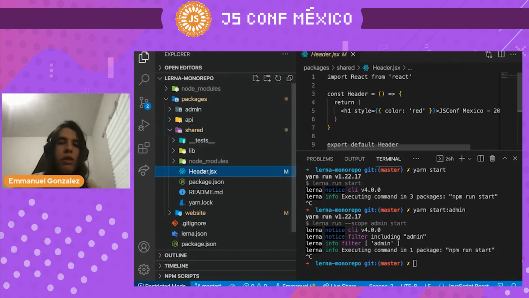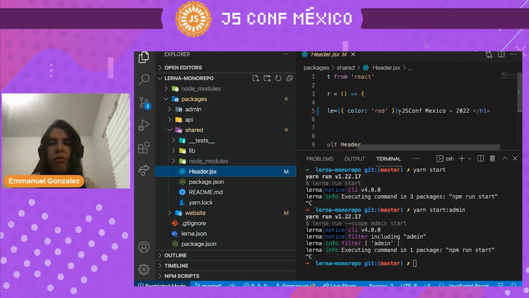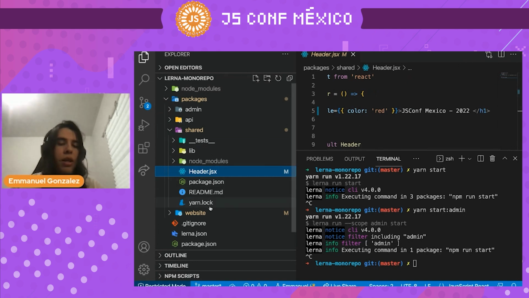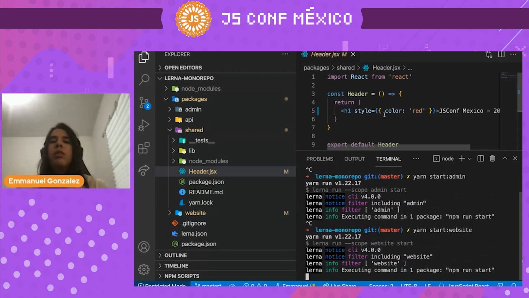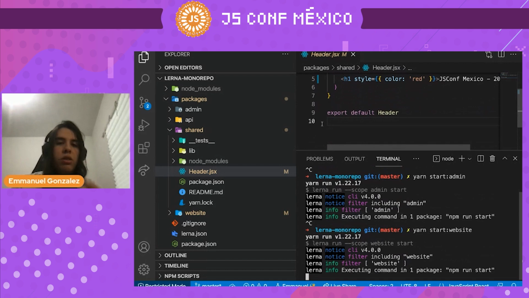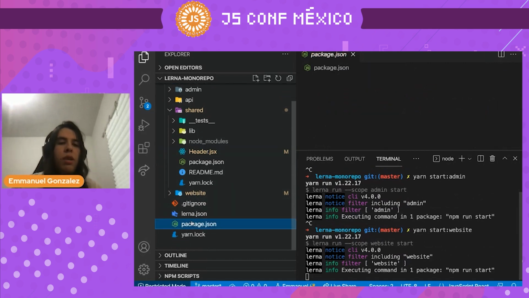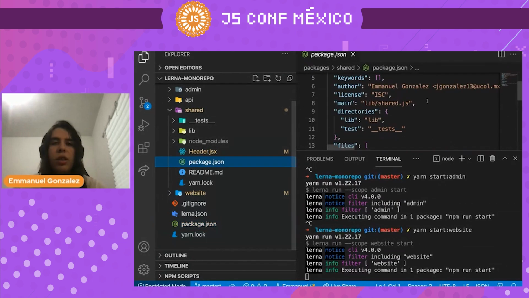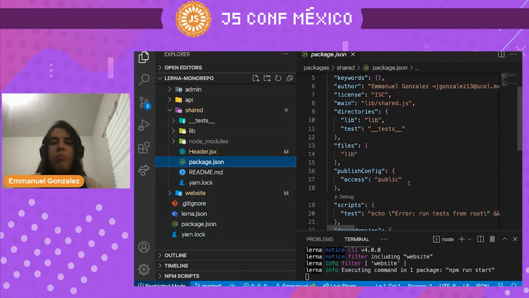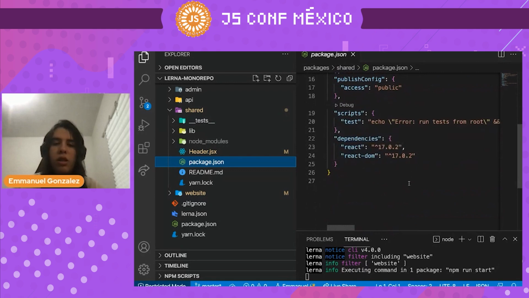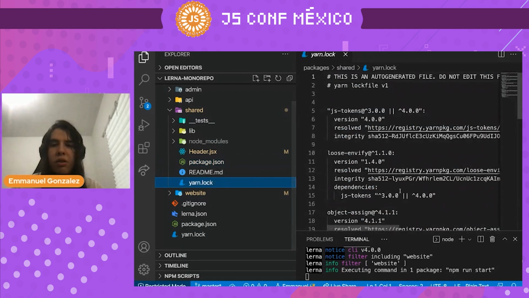And what happens with our shared components? I created a header called JSConf Mexico 2022, and I am using it in the website. So let's run the website. And while it runs, this is a basic component. So if we go to the website and go to the package.json of the website, something else I didn't mention is that each application may have their own libraries. In one, you can have some libraries, and in others, no. And in the dependencies,